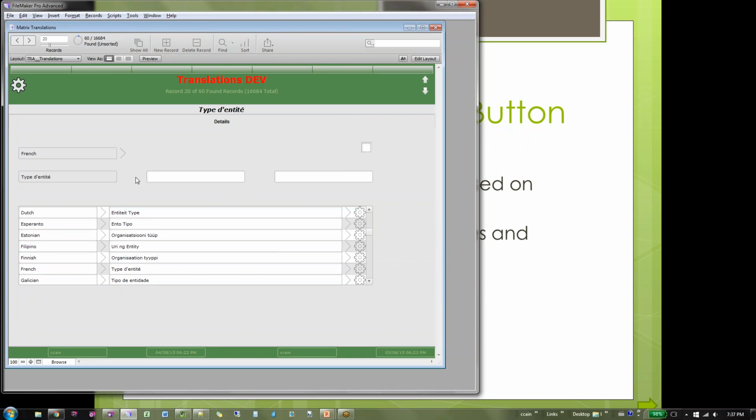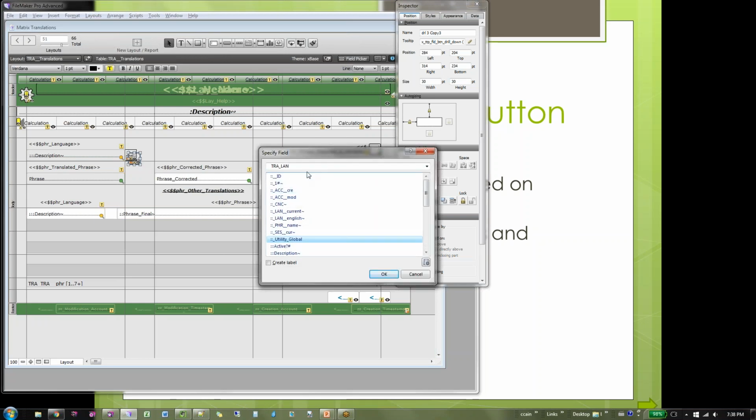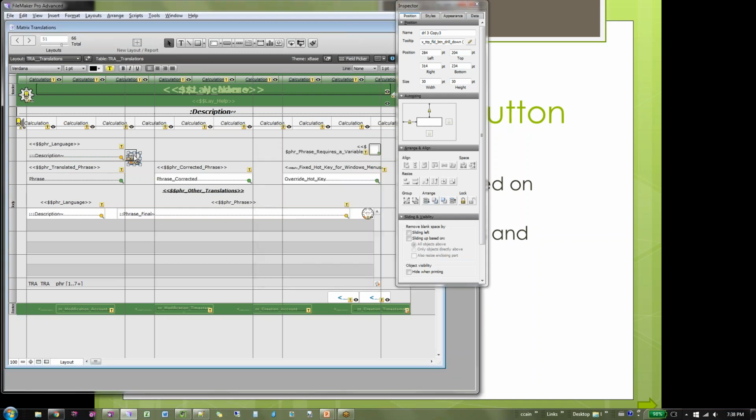Now, to demonstrate, remember all the steps I had to go through for Xlink? Not a whole lot, but probably 6 or 7 steps. Let's suppose that I deleted this and made a copy, and all I have to do is tell it I want to come from this table occurrence, still the utility global, and put it where I want it.